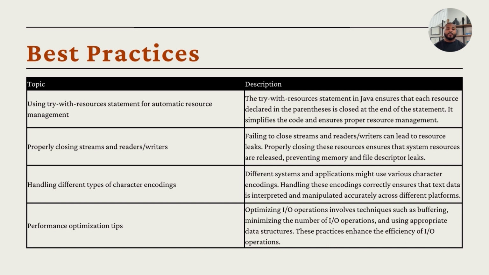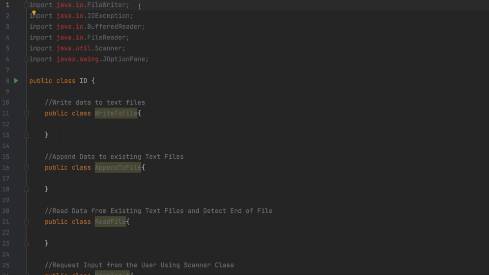Properly closing streams, readers, and writers is another essential practice because failing to do so can lead to resource leaks, consuming valuable system resources. So, by ensuring that these resources are closed correctly and in a timely manner, developers prevent memory and file descriptor leaks, ensuring the smooth functioning of their application. So, handling different types of character encoding is critical, especially in a globalized world where applications interact across various platforms and systems. So, in this coding snippet, I have